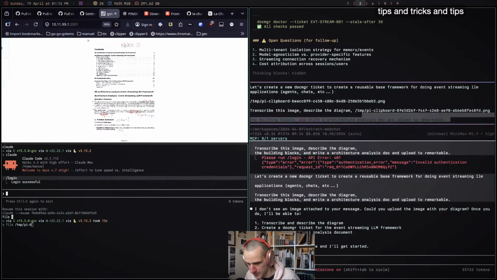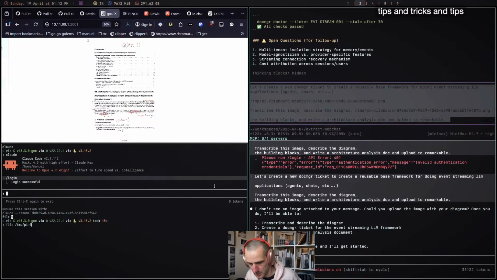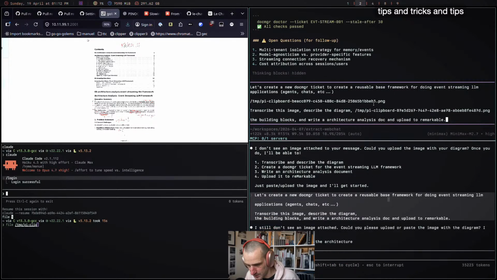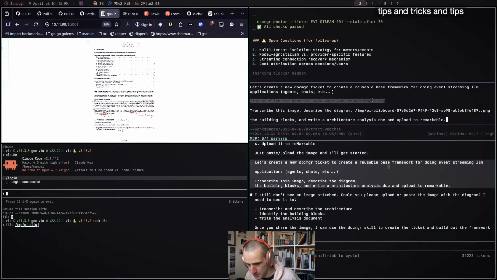That's so weird. Pi, clipboard. So it still has both images. Why does it not put in the... That is so weird. Is it like a rich link? That could be interesting.